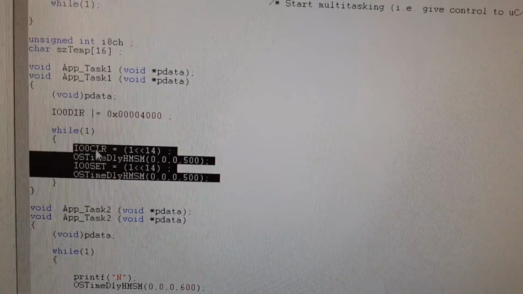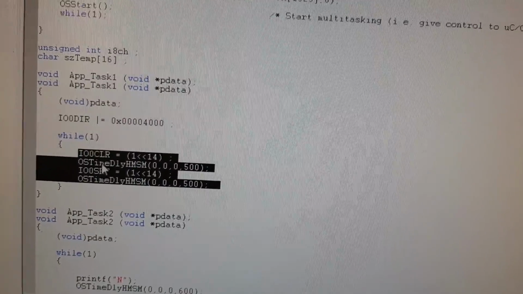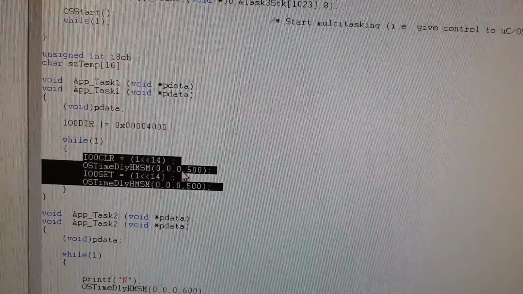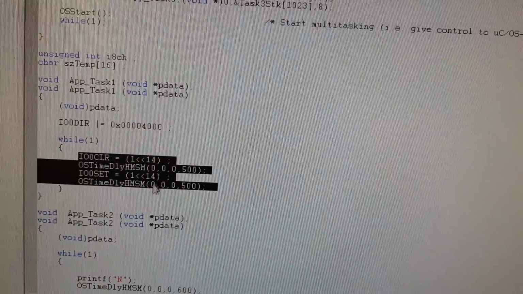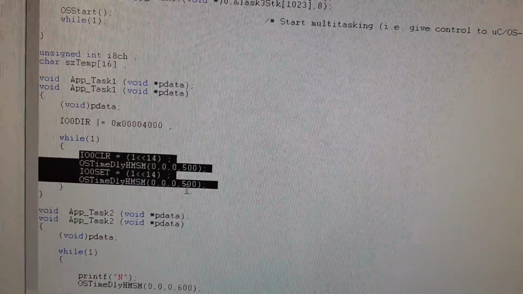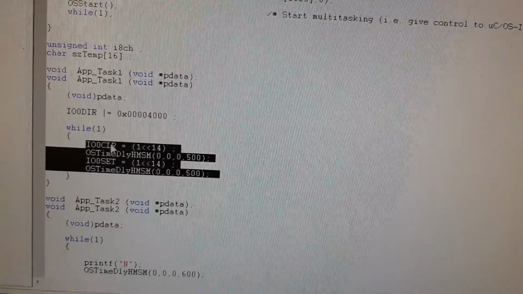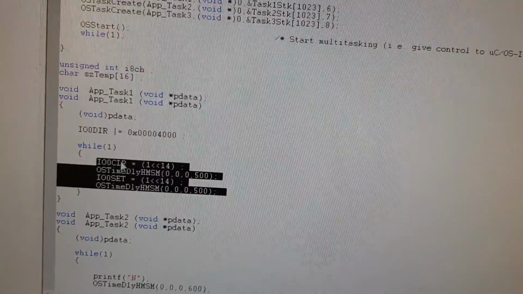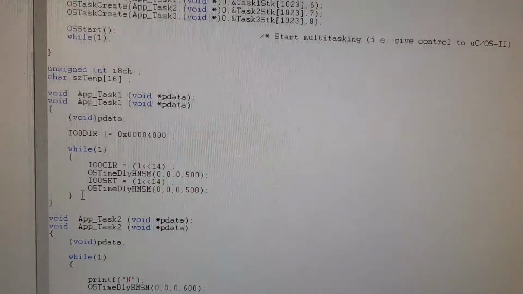So make that LED clear. IO0CLR means clear that LED, keep it off for 500 milliseconds, and again turn it on by using the IOSET register after 500 milliseconds. So this task will repeat and blink your LED for 500 milliseconds. So this forms your task 1.